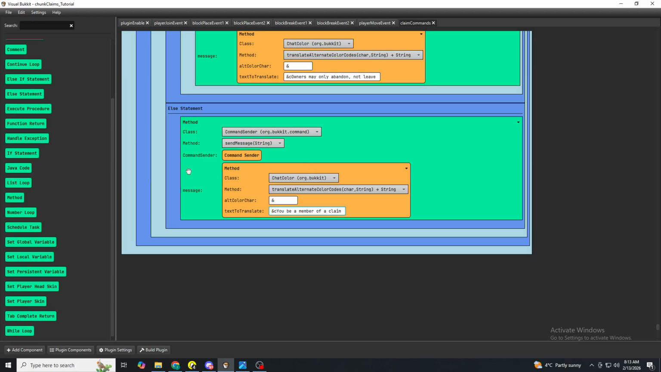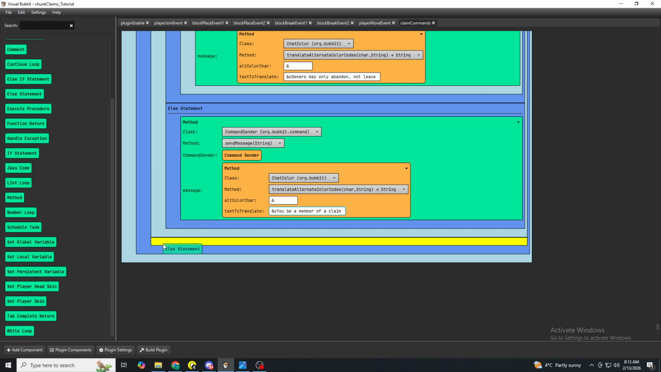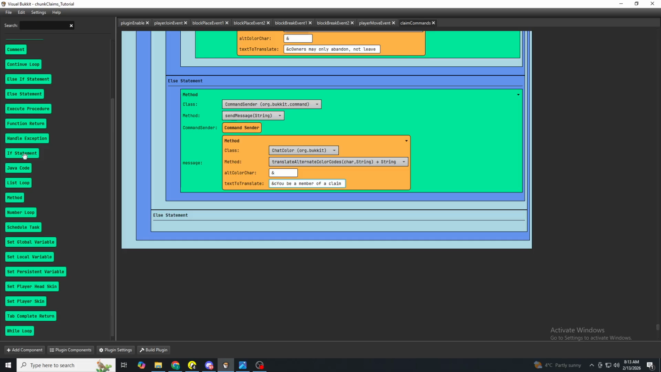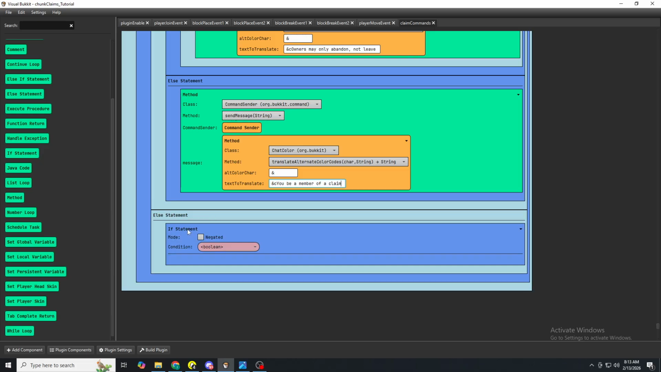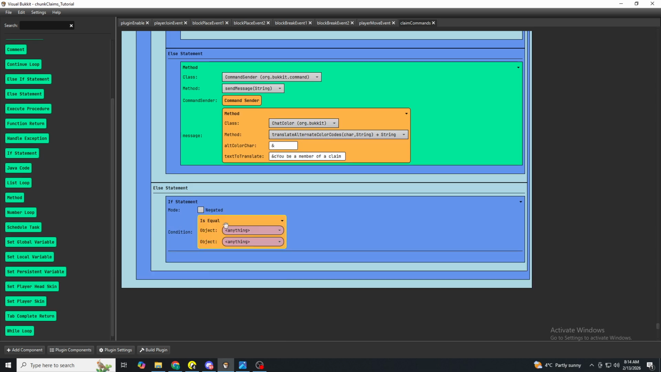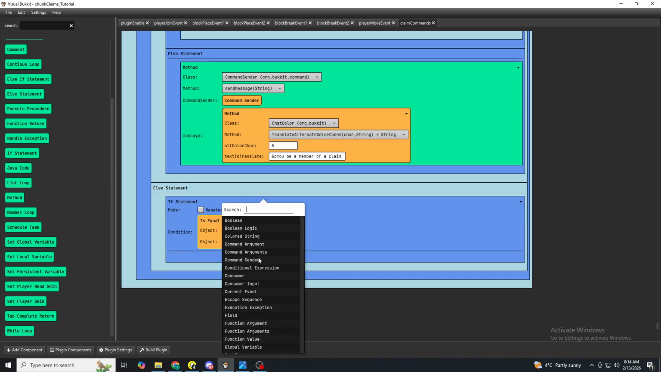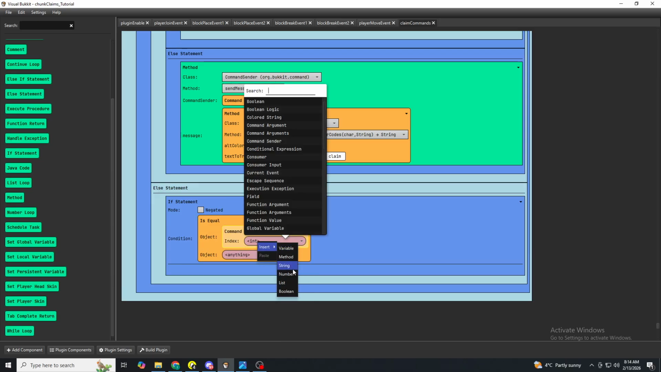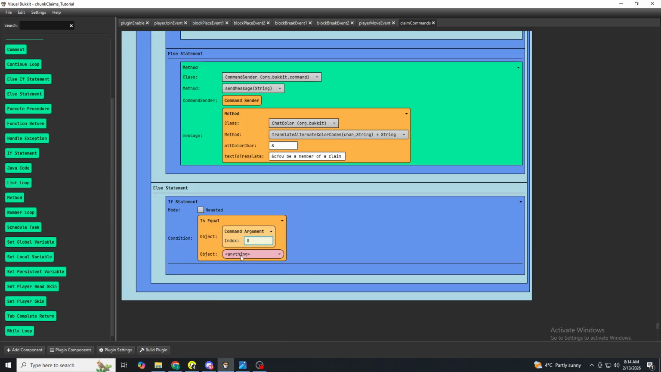So then under this light blue here, we're going to do an else statement. And this will be for getting the info about your claim. So let's do that. Is equal, and then command argument 0, insert number 0, and if it's equal to string info, then we do some more stuff, which will be